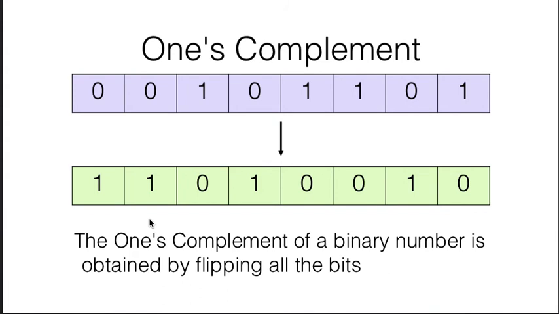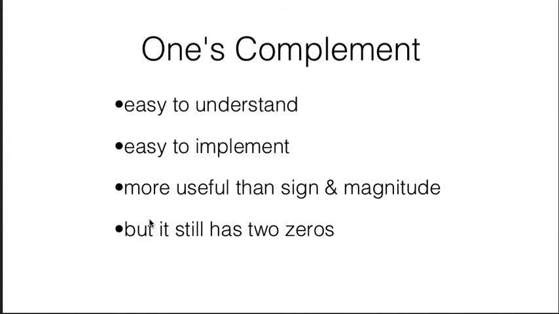Okay? And that is again easy to understand, easy to implement. It's a bit more useful than sign plus magnitude, and I'll show you what I mean by that. It still has two zeros actually. Like 0, 0, 0, 0, 0 is 0, and all the ones is 0 as well, which is a bit of a problem, but not a big deal. What do I mean by more useful? Well,